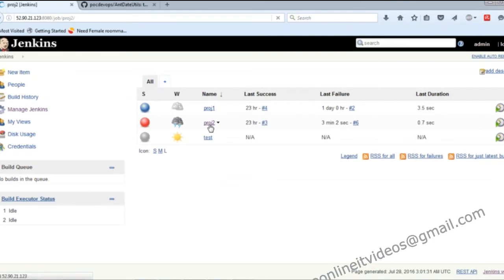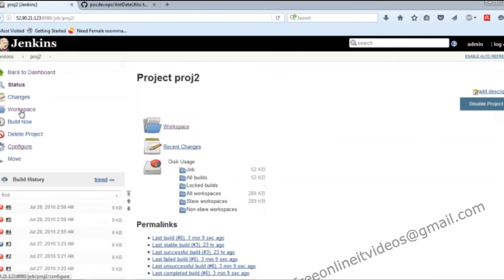This is working fine, but still it's not able to find a compiler. Anyways,